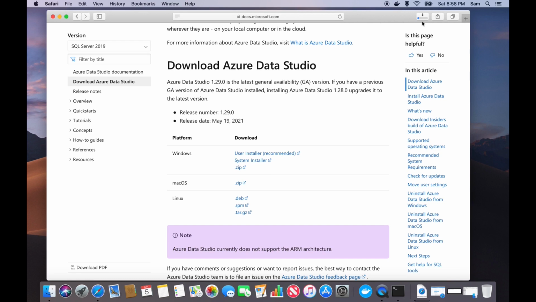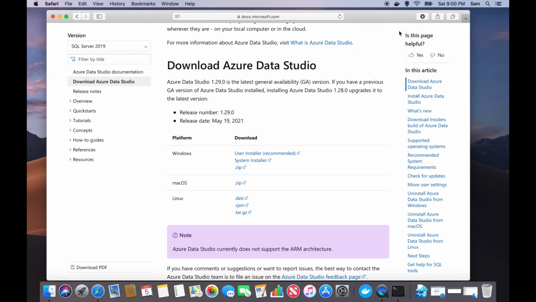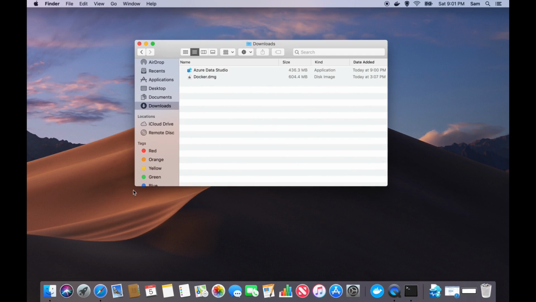Using this Azure Data Studio, you will be connecting to the SQL server running in your Mac. In the previous step, we have already configured it and your SQL server is running, but we need to connect to the SQL server. So for that, we are going to download this Azure Data Studio tool provided by Microsoft. I'll show you how we can use this. You can see the download is going to complete. Yeah, it's downloaded. You can also see in the downloads folder the Azure Data Studio file got downloaded.